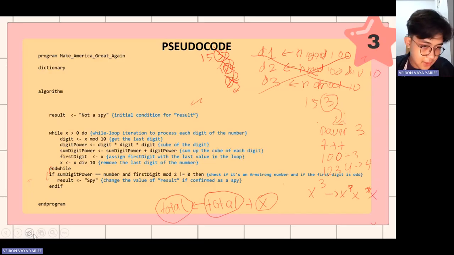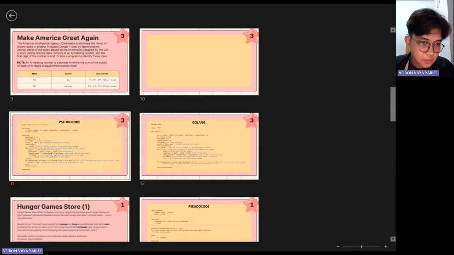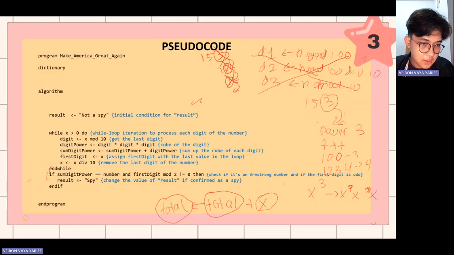What is the important thing here to highlight? We need to see here: number. We didn't have x, we have x, but why do we use number?